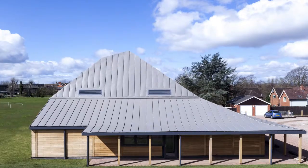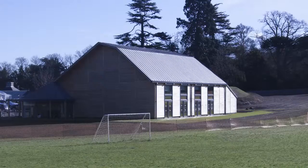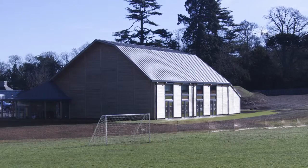So we were developing a brief for this scheme, this Bartholomew Barn, with them, and discussing the Passive House standard. And it was very timely. We were then able to introduce the Saint-Gobain building group, whose multi-comfort concept seemed so well aligned with the school's aims. So it almost seemed like a marriage made in heaven, if you like, that we had an enlightened client, we had an enlightened building supply company, and we were able to bring them